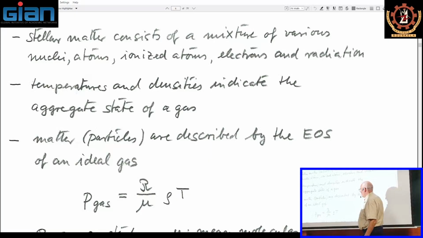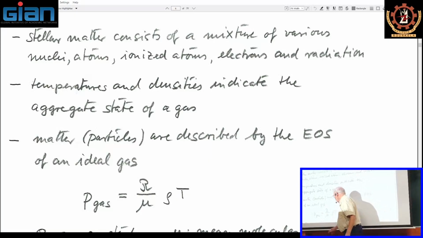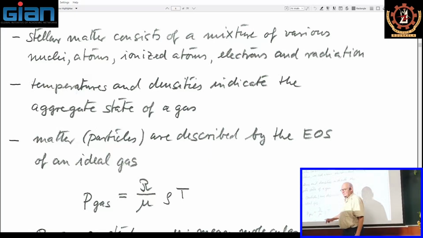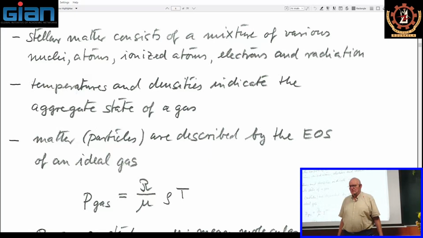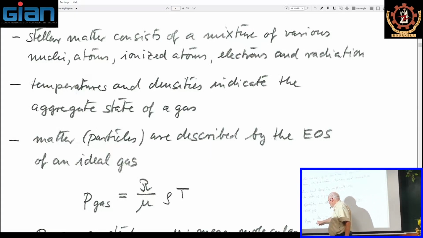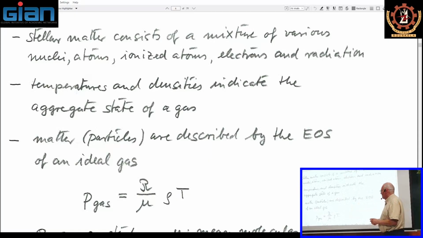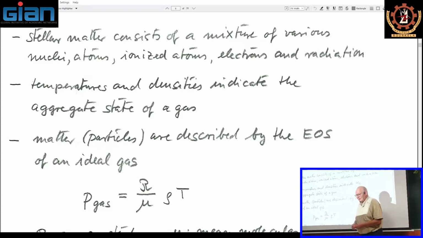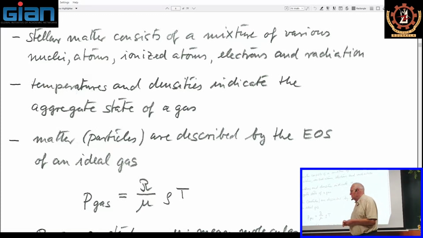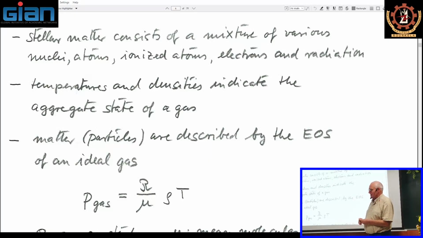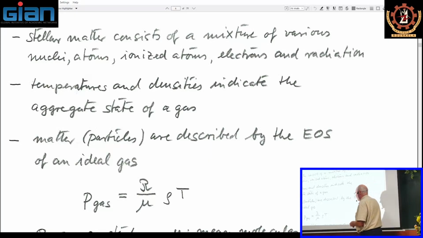And the equation of an ideal gas is given by gas pressure proportional to the temperature and proportional to the density of the star. And to account for the chemical composition, we have here the mean molecular weight. And the mean molecular weight should include the different chemical compositions, but it also includes the physics of ionization. So the mu has to be determined in a very complicated way